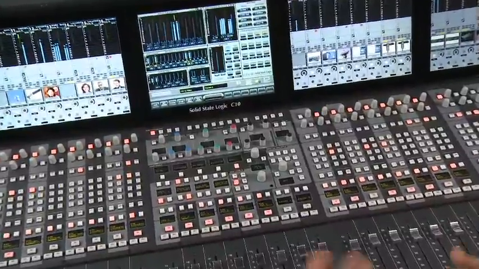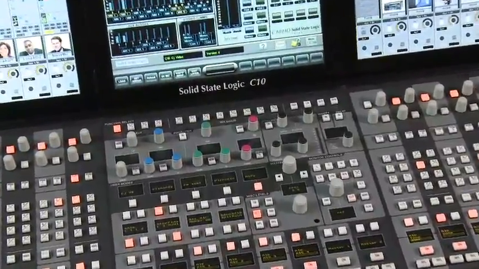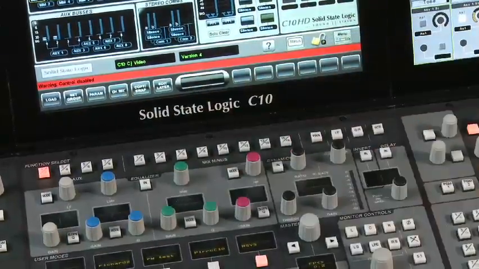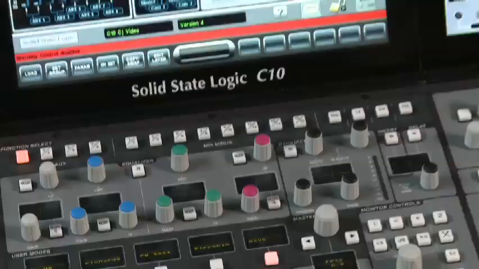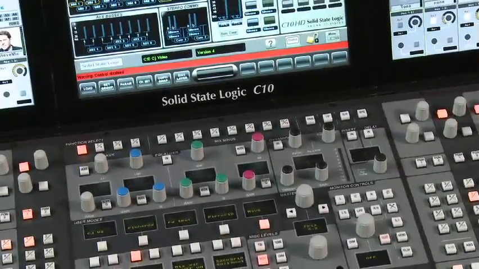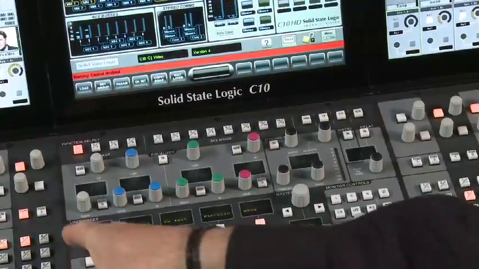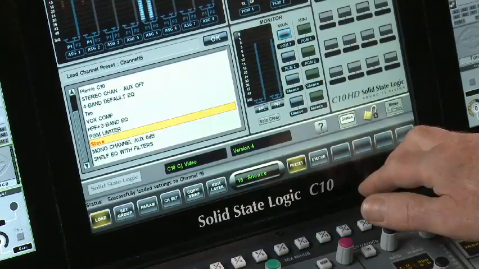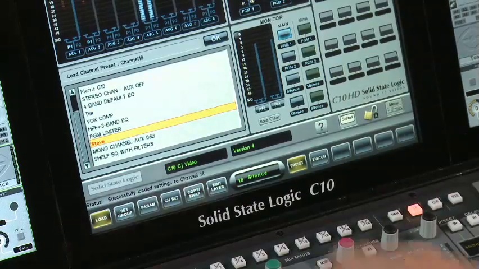However, when I would like to EQ something, that is not a function that's available to me. I can't, in fact, even go into the next level of menus down there. I'm locked out from the center section operational menus. I would have loaded a project from our dedicated project keys. I'm allowed access to presets so that I can look up who is the newsreader and load his settings, but